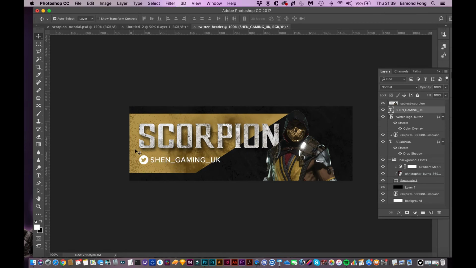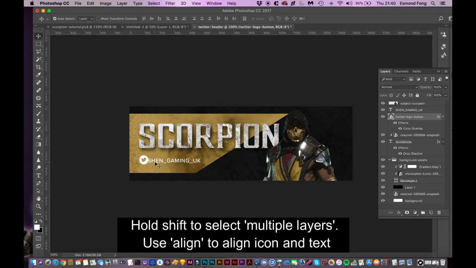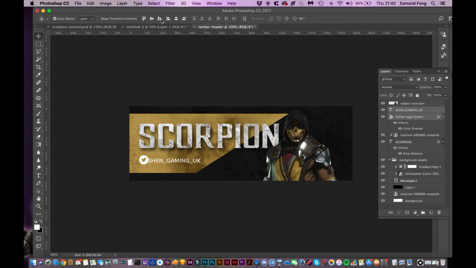Move that over. Still quite big. Because it's a Twitter banner, it doesn't need to be too big, because it's normally quite big anyway once you put it onto your Twitter page, and put that on 9. Give it a bit of spacing. Make sure this is lined up, so you can select the 2 layers. By selecting this layer and holding shift and this layer here, you can use these alignment tools here to centerize it. So I'm going to click on this one, and that'll centerize it